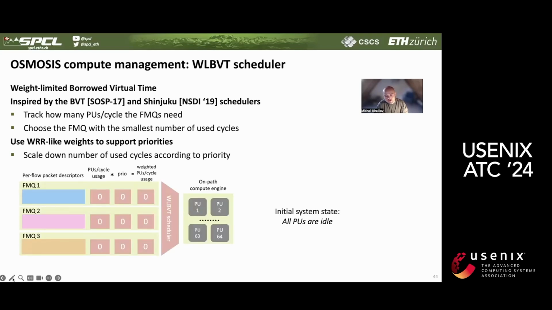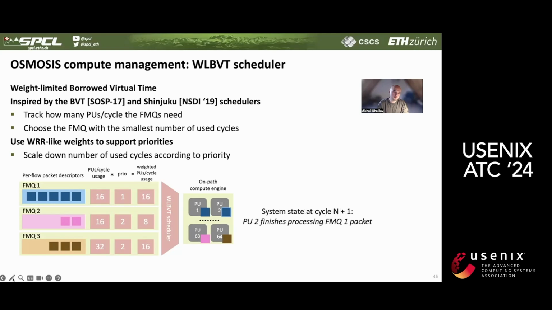To explain the mechanics of our scheduler, let's now consider the following example with 3 FMQs and 64 idle processing units. Let's assume that after some time, the PUs in our system became saturated with the work. And let's see now how our scheduler will choose the next FMQ after one of the PUs completes packet